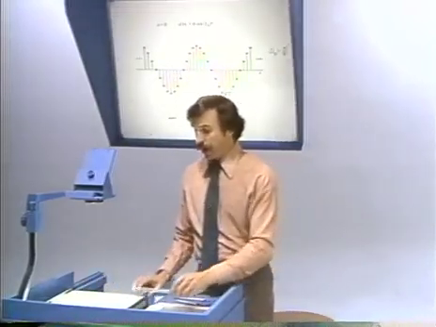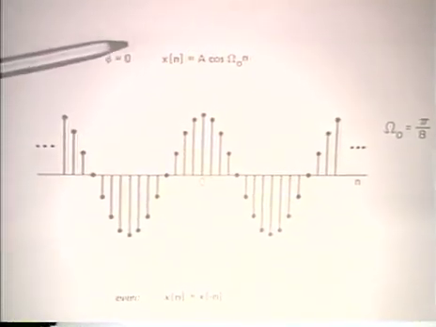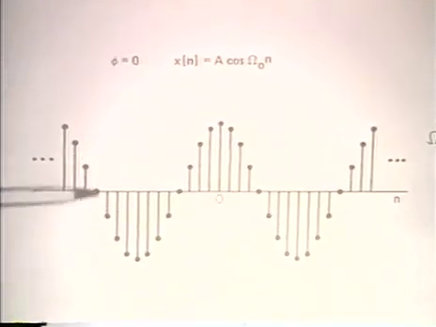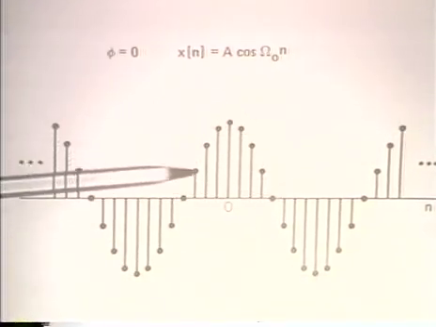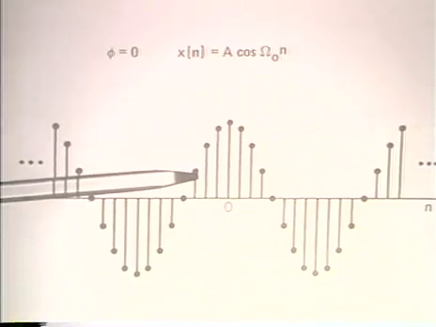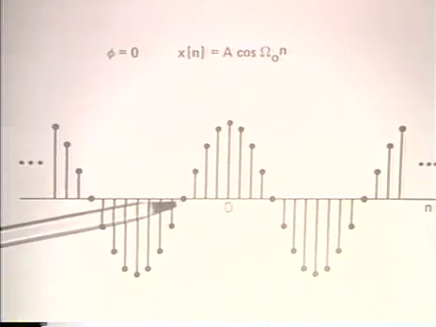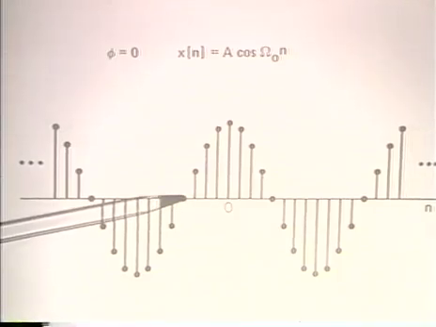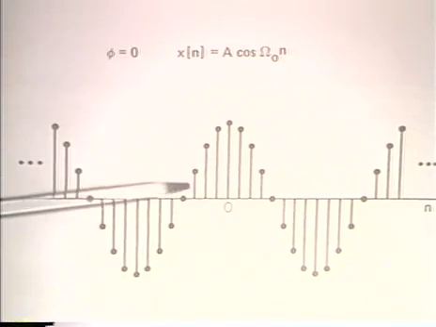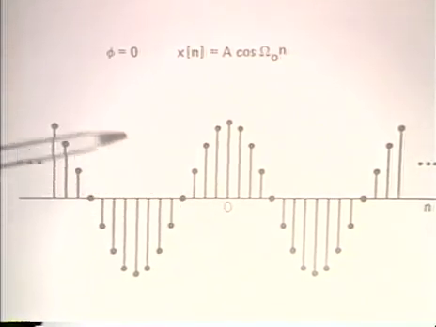So what I'm illustrating here is the cosine signal with 0 phase, and it has a particular behavior to it, which will depend somewhat on the frequency. If I now take the same sequence and shift it so that the time origin is shifted a quarter of a period away, then you can convince yourself, and it's straightforward to work out, that that time shift corresponds to